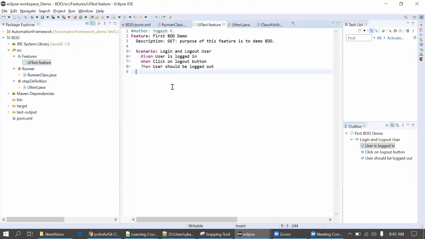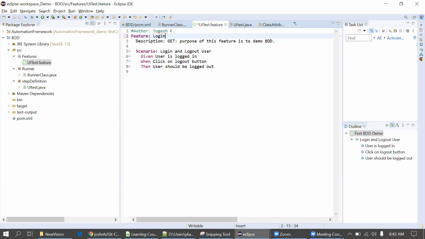Okay, fine. So first we will simply write a feature file, and then we write the code. This is a feature file. Remember the syntax: Feature, and then we provide a feature name here, then the description of that feature. For example, I'll write a feature like login.